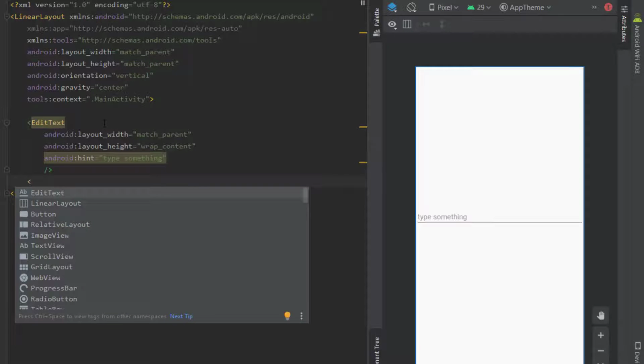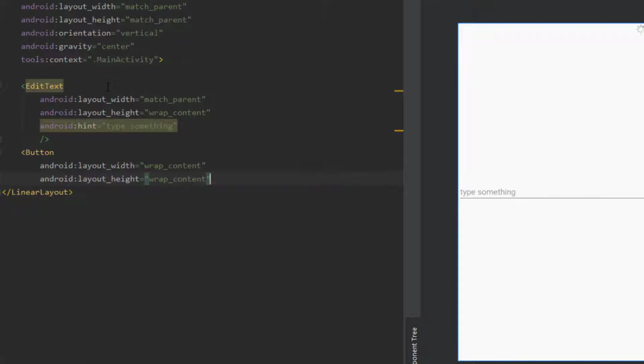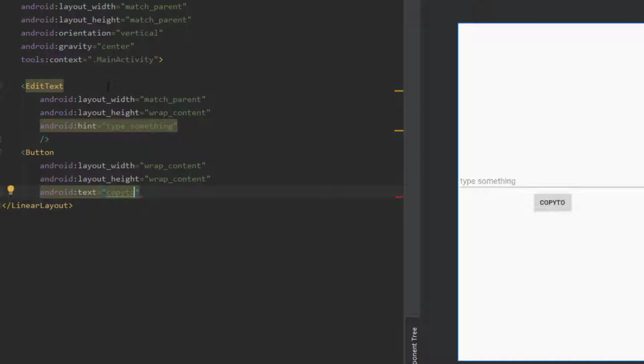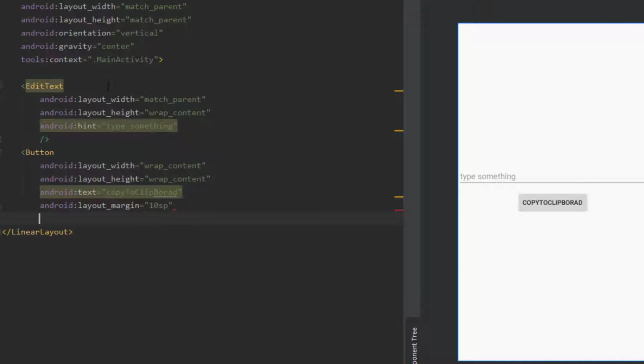Next one is a button. Width and height as wrap content and the text as copy text to clipboard. Whatever, you can change it. This is just for example purposes, and making the margin as 10 sp and closing this.